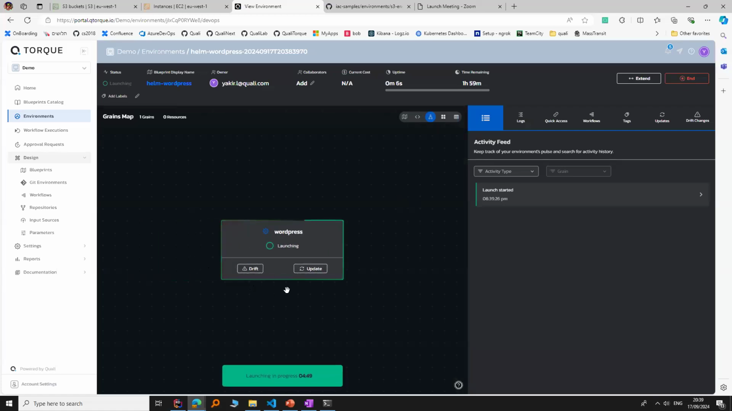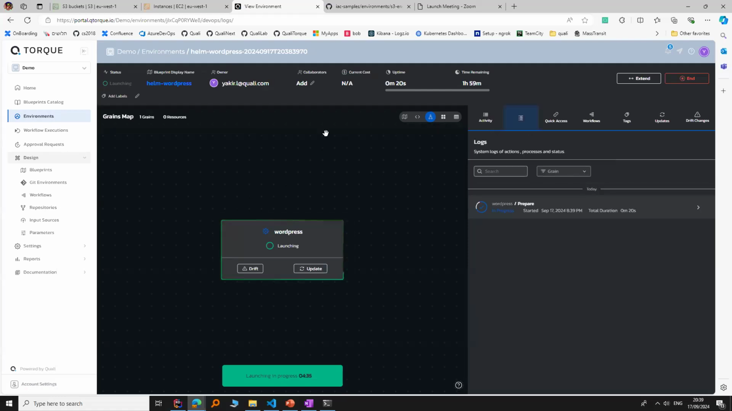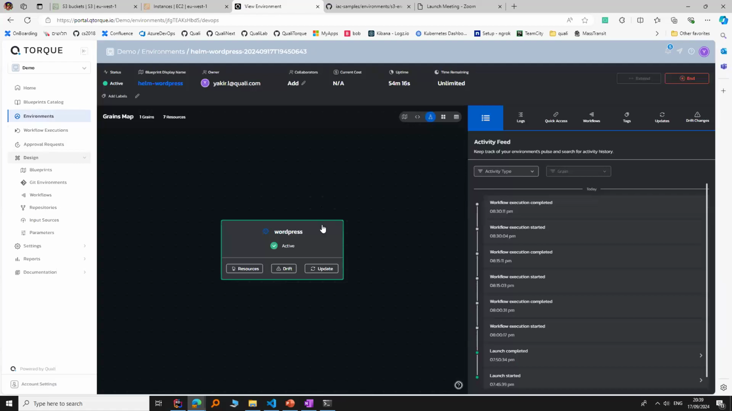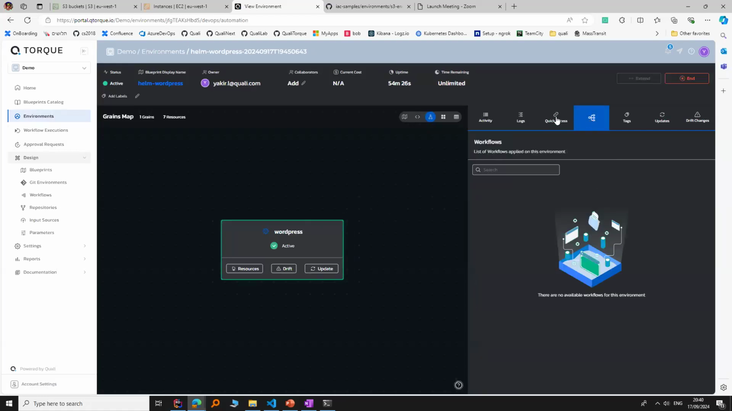Okay. So the environment itself, I didn't show the blueprint, is a simple WordPress application deployed in Kubernetes. It's a simple Helm chart, taken from Bitnami, I think. And it has a workflow. Because this deployment can be a little bit long, I'll go to one that I already have ready. So at the end of the deployment, this is what I get. I have the environment up,